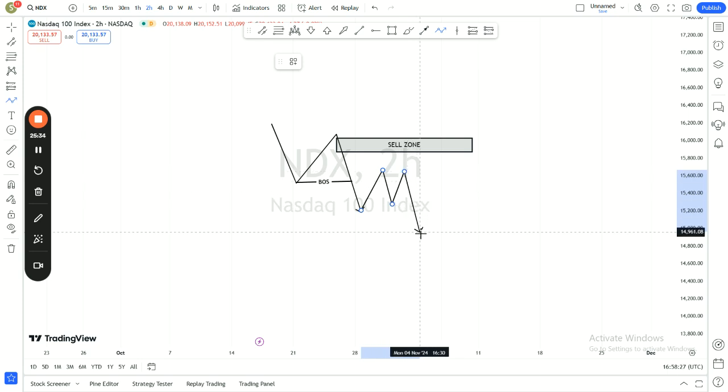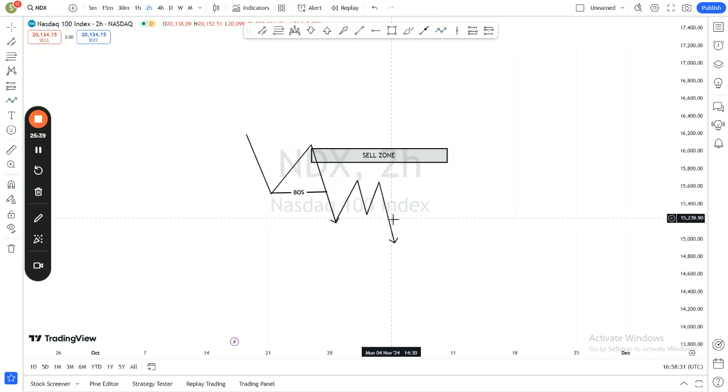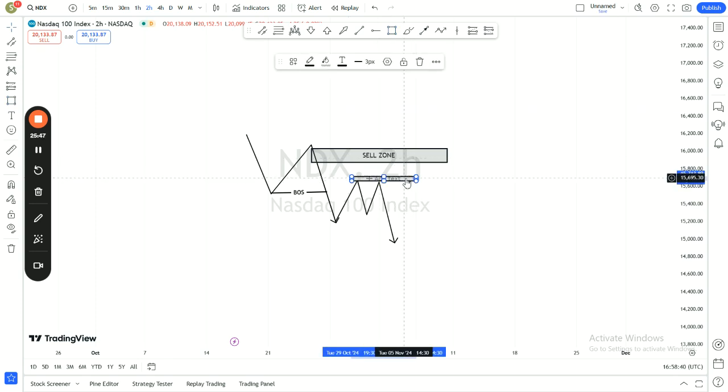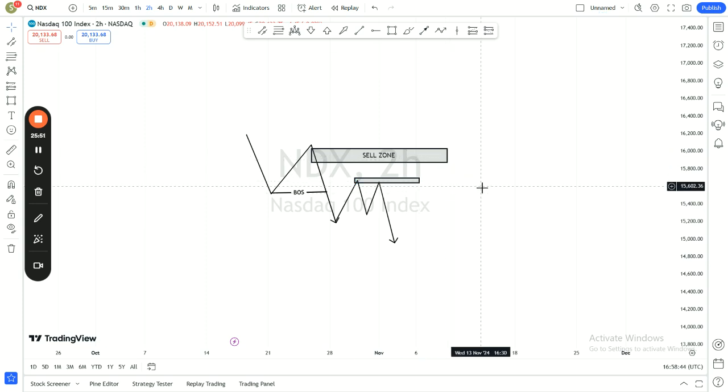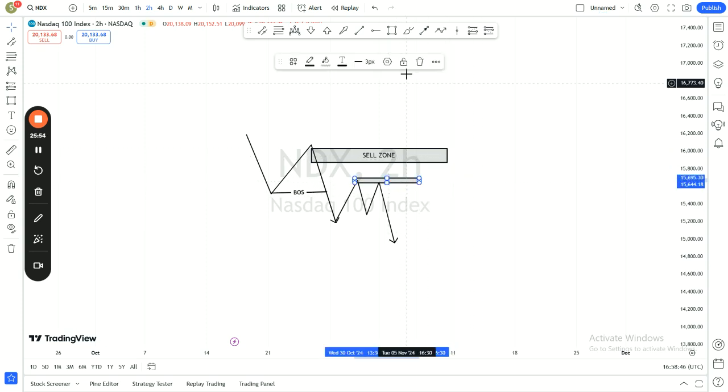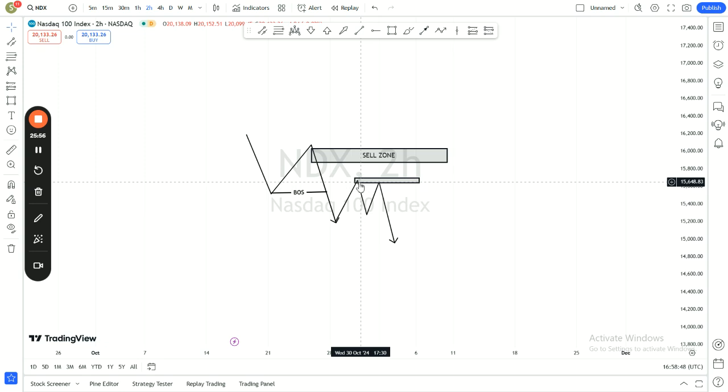See the market create something like this. Now look at this. I'm sure most of us have seen something like this. That is where most people now do something like this. You now see some people draw this as a support or resistance level to sell from. Because they see the market, like you are being taught, you always want to sell when the market is in a resistance level or in a support level. Now they see this as a